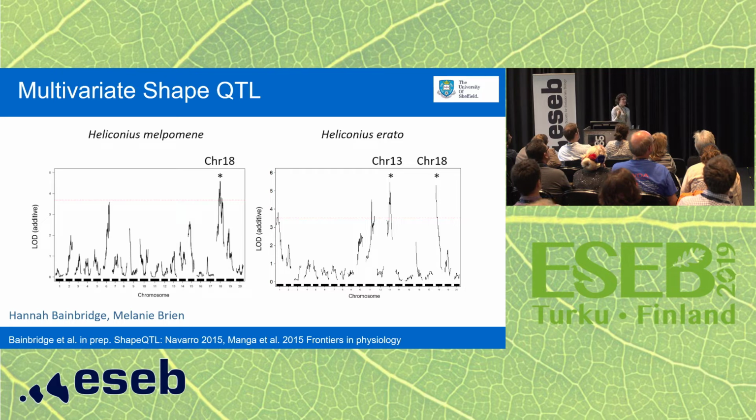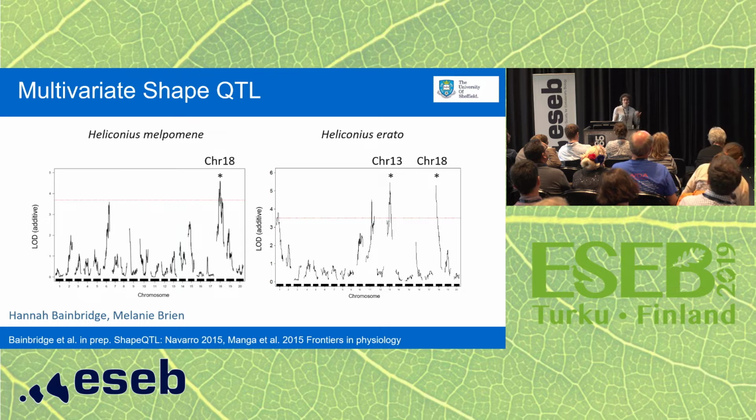The gene optix is present on chromosome 18, so that was the first of those five genes that I showed you. And chromosome 13 is a locus that's been found before, but we don't necessarily know the gene. So even for these more minor effect traits, we're still finding the same loci, and we're still finding the same loci when we compare convergent phenotypes,